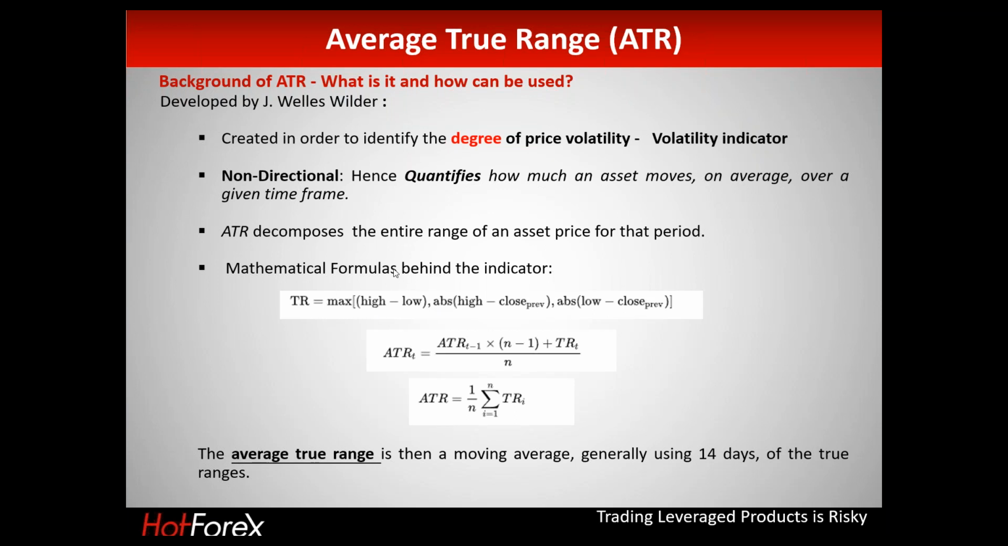Taking the current high minus the previous close, the current low minus the previous close, and the current high minus the current low, the true range will be the highest value of all these three. It doesn't really matter whether this value is positive or negative because we're taking the highest absolute value for the calculation of ATR. So this TR value, this true range, is calculated every day or in every period,